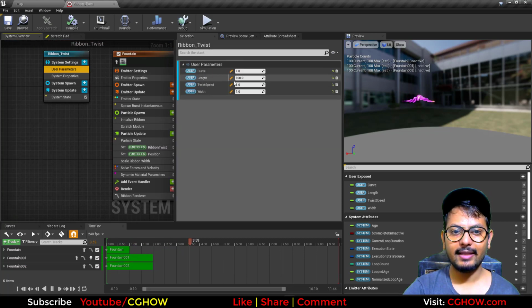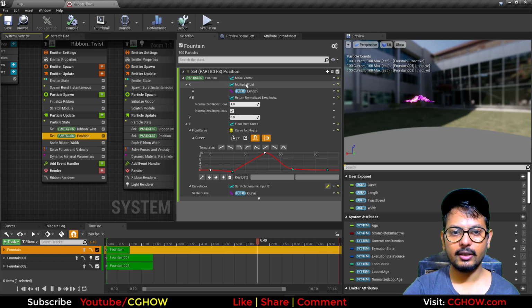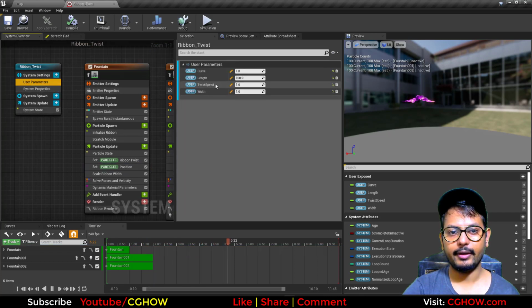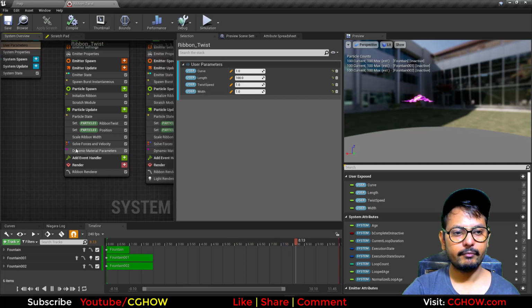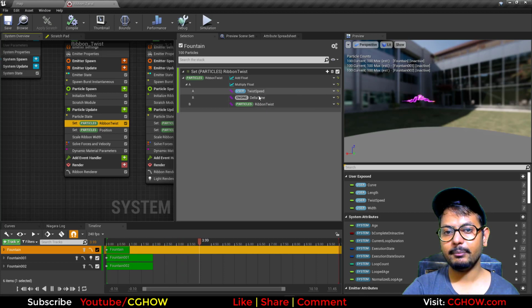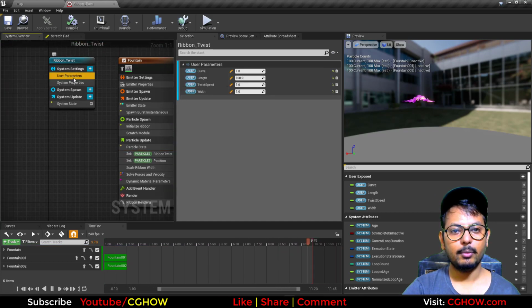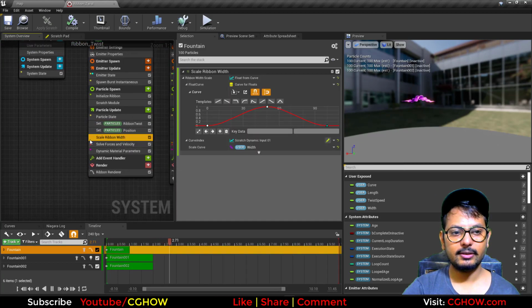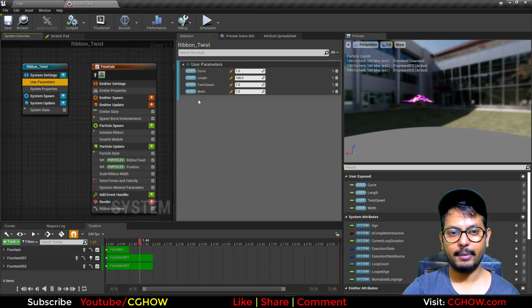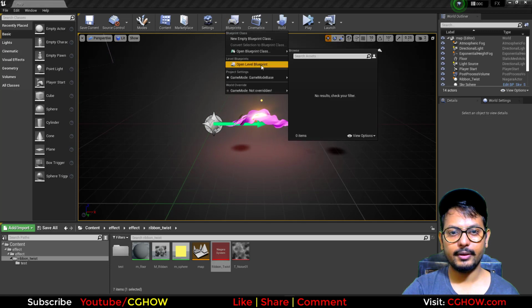Then I have this length. Length is in my position, I am using this execution index and multiplying it with some value. So this is my length, and by default I am using it 100. Then twist speed, so I took this twist and multiplied it with delta time. So this multiplier is my twist speed, which I am controlling in my Blueprint. Then width, so this is my scale width and this is my curve. So the scale curve is my width user parameter. So you got all the parameters, and now here in Blueprint